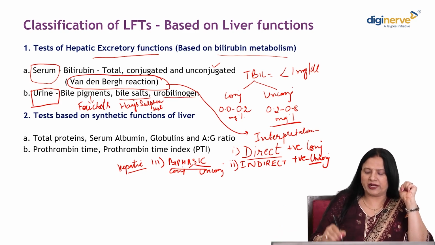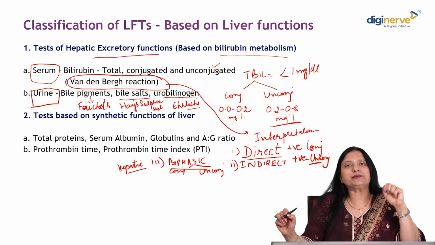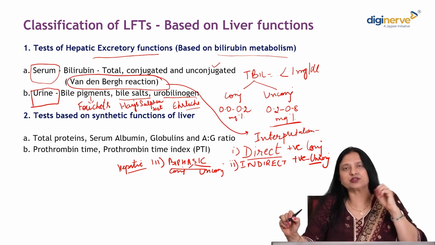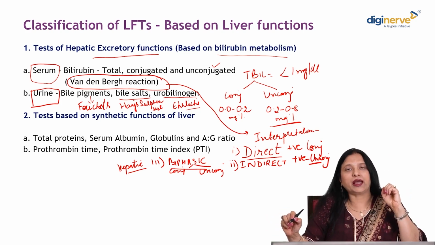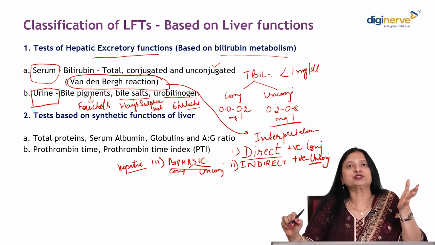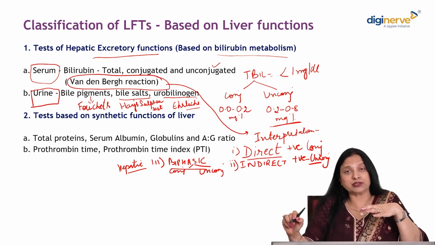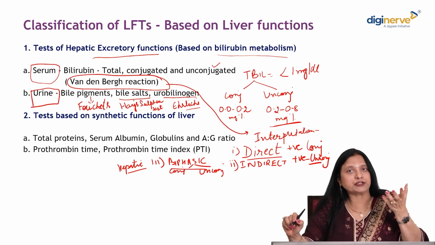Then urobilinogen. For this, the test done is Ehrlich's test. In this, a deep cherry red color is formed because of the presence of urobilinogen. And I think if you remember my previous session, we had discussed that less than 4 milligrams of urobilinogen is excreted in a day. So that is a very, very small amount, so that is not a very conclusive test as such.